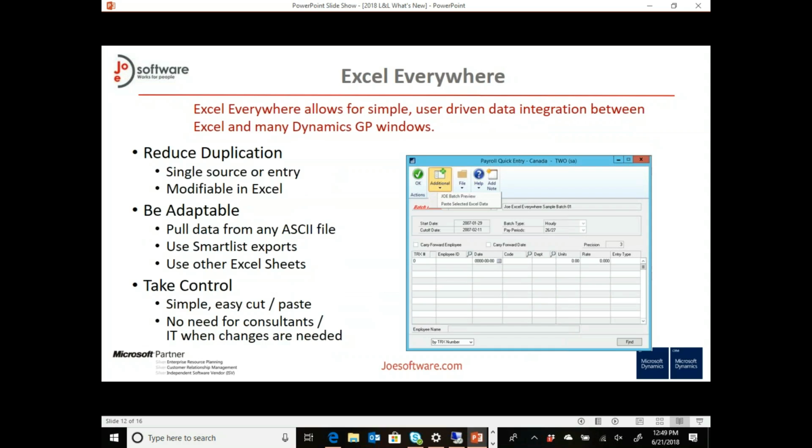Excel Everywhere. We actually had a demo the other day with another partner, another VAR, as we call it, reseller, and presented this product. And she was a payroll person. She was absolutely thrilled to hear that this product was available now. And what this really does is allow for simple user-driven data integration between Excel and many GP windows. So basically, it makes it much easier to utilize Excel and get it into GP. It reduces duplication,